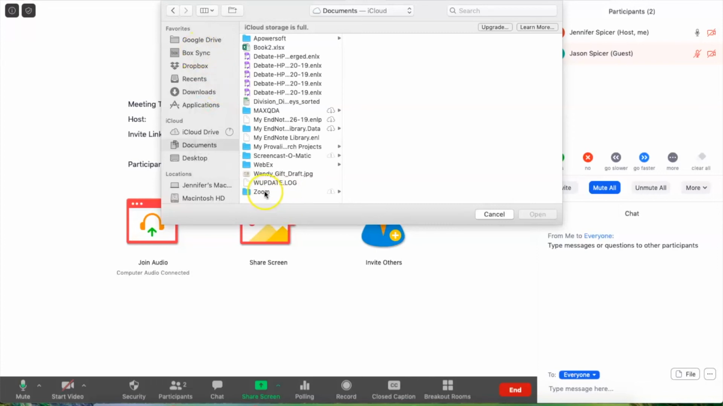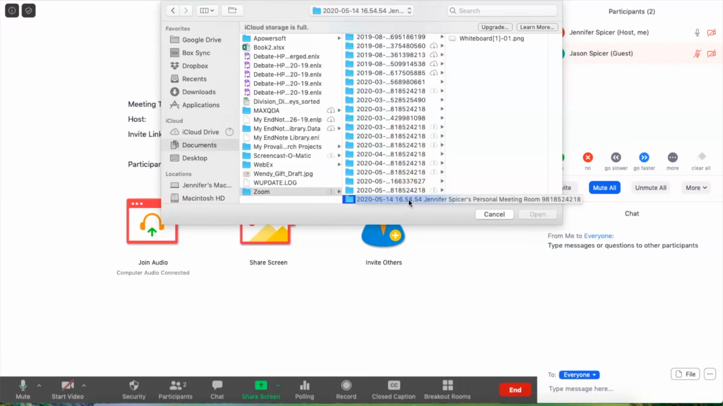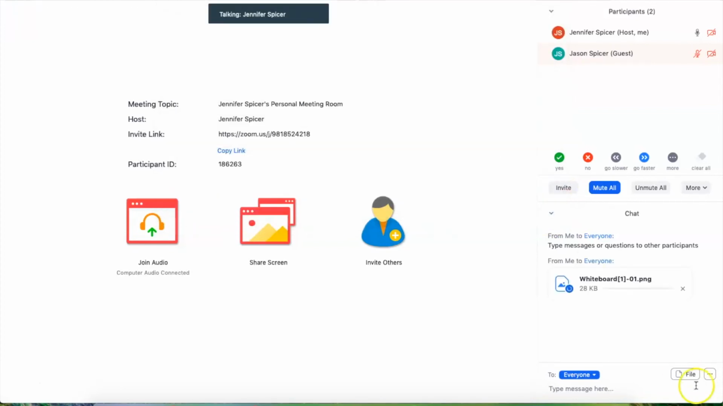On my computer, under Documents is where all my Zoom folders are saved. And you can see here under my most recent session, I have my whiteboard. Click Open, and you'll see that this file was then sent to everyone in the group. Now, one other thing I want people to do is